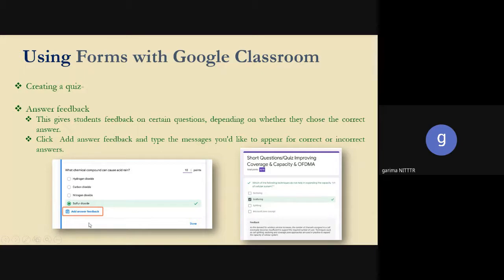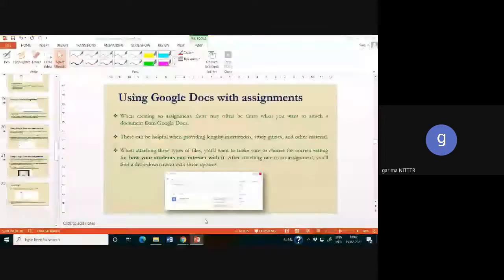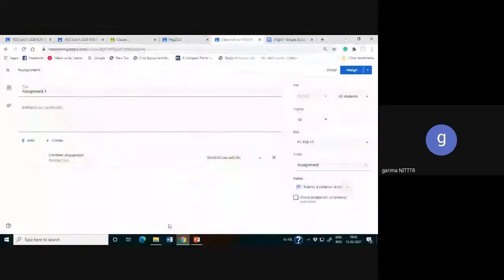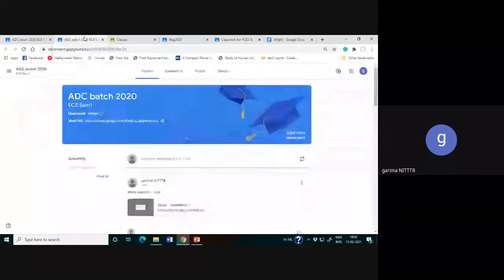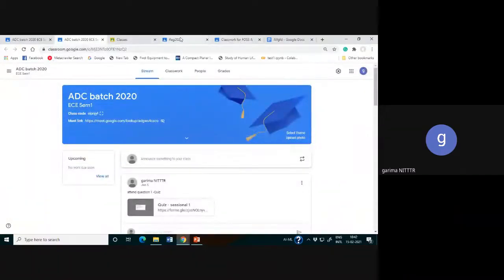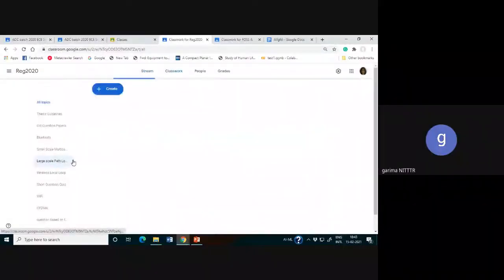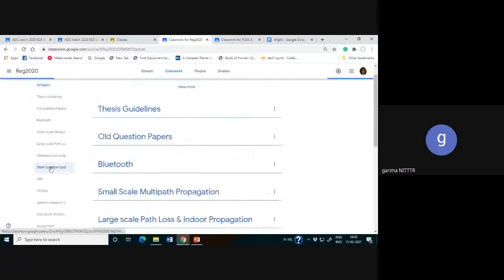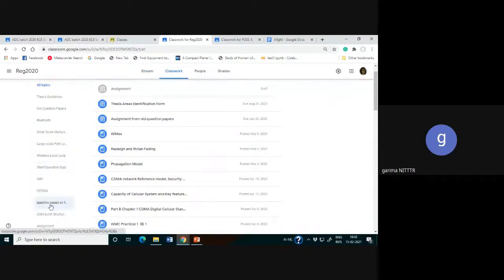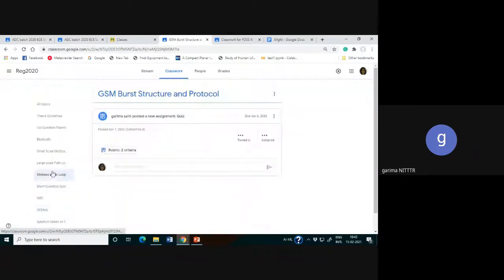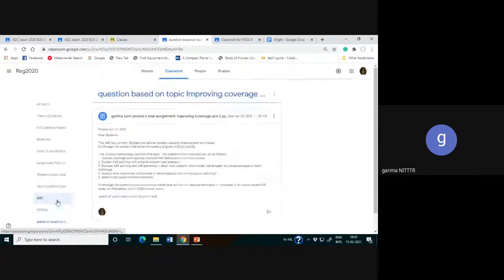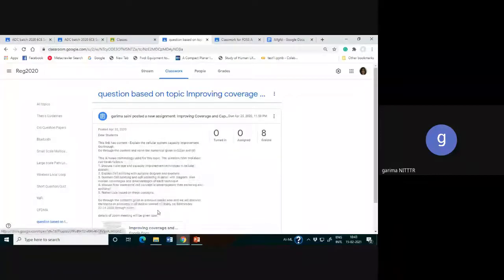For example, I'll show you in one of my Google Classrooms. I have this classwork, and for it I have arranged some questions based on this particular topic, improving coverage and capacity. I have given this information related to improving coverage and capacity.